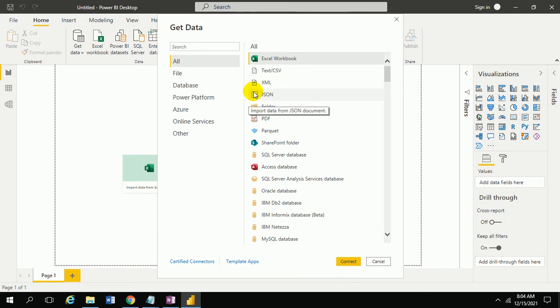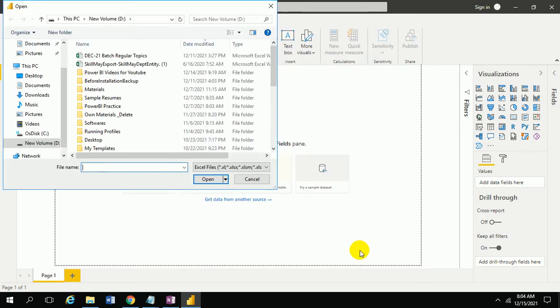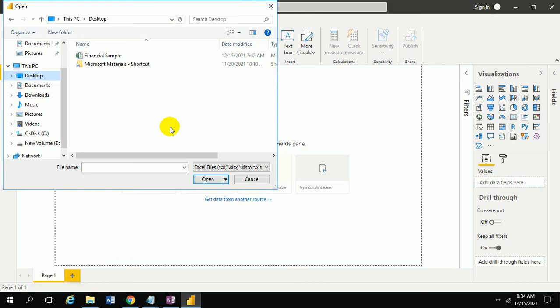For our purpose, as of now, I am going to connect with the Excel workbook. So I have selected Excel workbook and just click on Connect. It is asking us to browse to where the Excel file is available, because we need to connect with that Excel file.